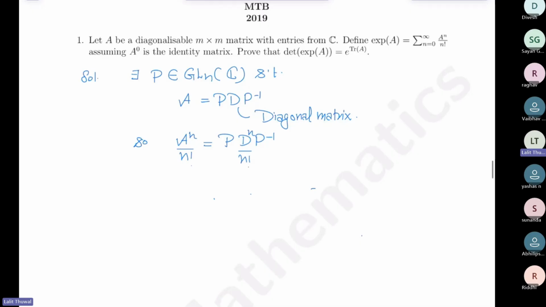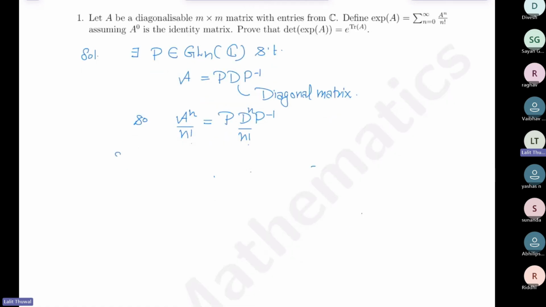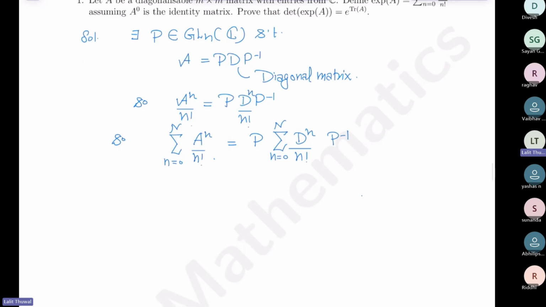So this sum, A to the power n by n factorial, n goes from 0 to big N, is equal to P times the sum of D to the power n by n factorial, n from 0 to N, times P inverse. This holds, right? Taking N tends to infinity, we get